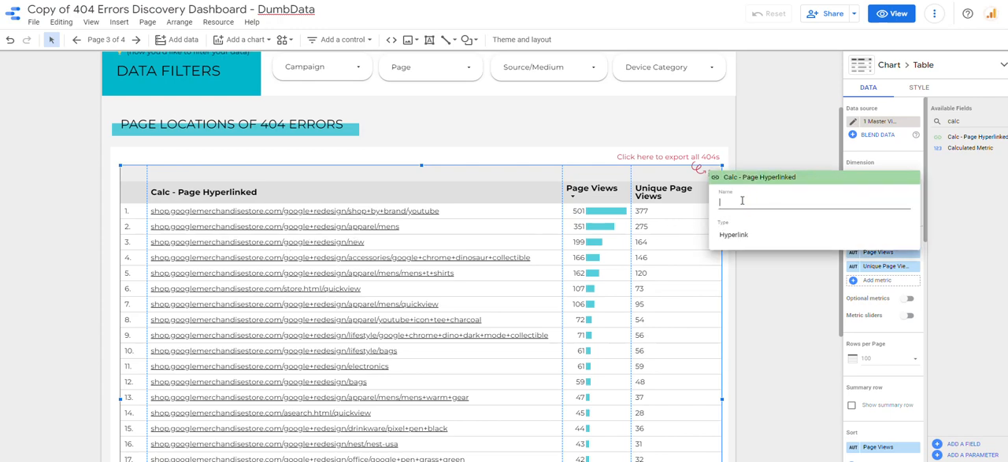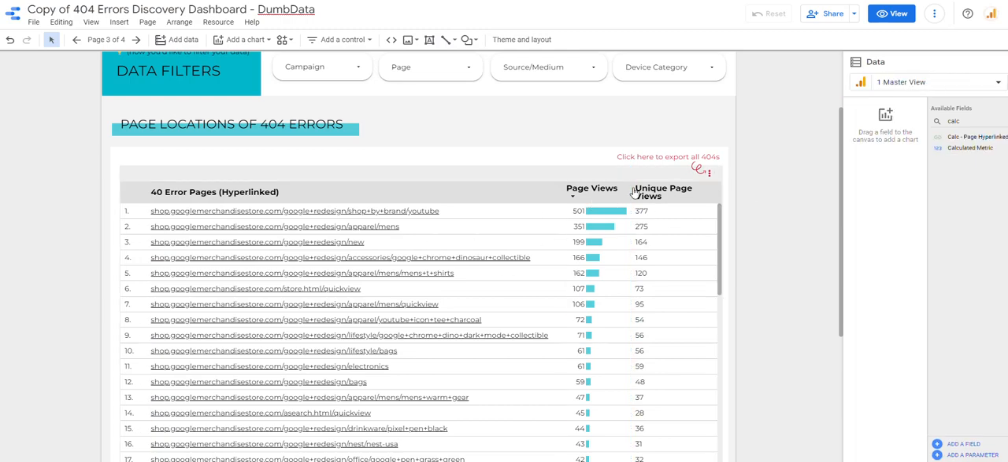Then you can change the name to 44 error pages hyperlinked. Then boom, you have your stuff right now. You can see. But I've seen some setups whereby why you are seeing this is